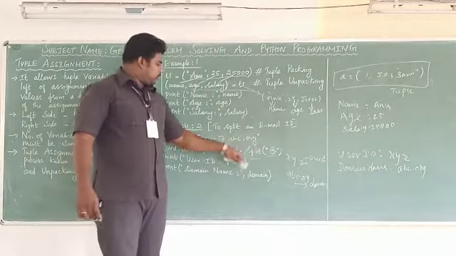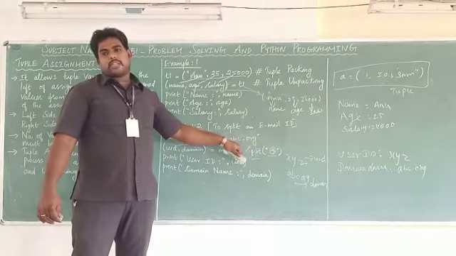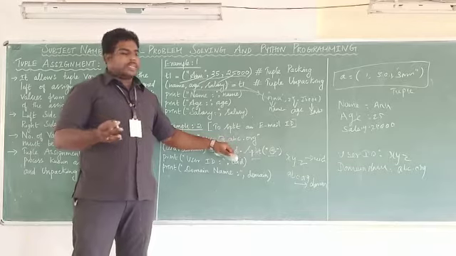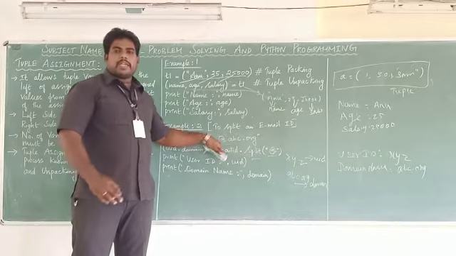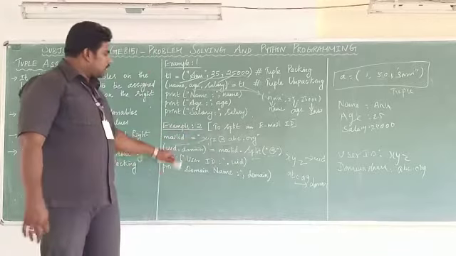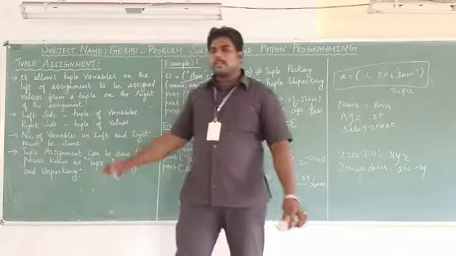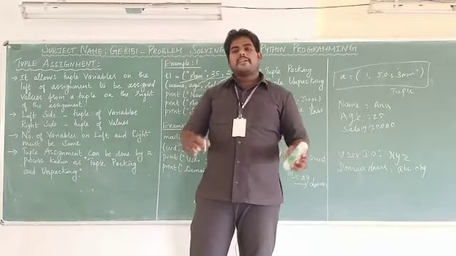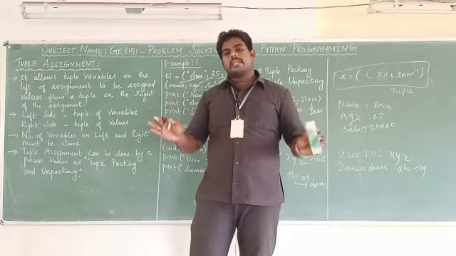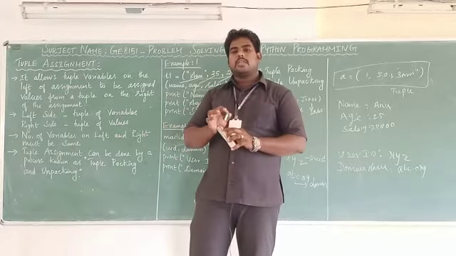What is domain name? Domain name is nothing but, normally you are using google.com, gmail.com, right? For example, xyz@gmail.com. xyz is the username and Gmail is your domain. Okay. So this is what you will get as the output. So what are the topics we discussed? Tuple assignment is used to assign multiple values to multiple variables in a single line with the help of tuple assignment. I hope you understand these, students. Thank you.